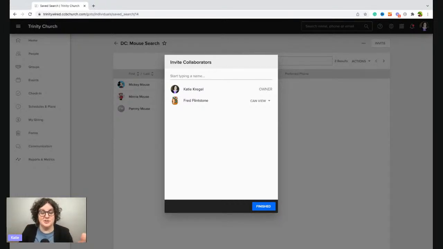And so people ask you, hey, I don't know how to make searches or a report, but I need this information. Could you help me? So I do this a lot. I'll make a report, but I don't need to own it. I'm just making it for them. And so then I would just make them an owner, and then they have full privileges to invite other people. They can invite their team, their volunteers, whoever needs that information. So you can do that here.